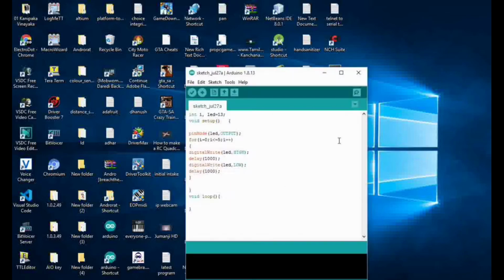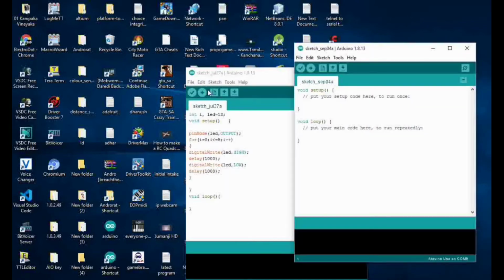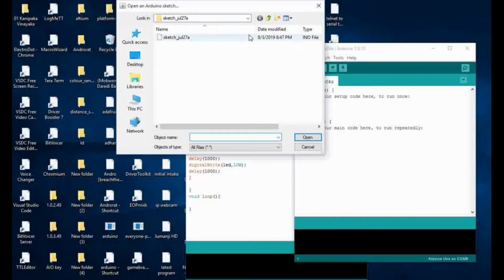Open Arduino IDE, and if you want to create a new file, click File and select New. And if you want to open your existing files, click File and click Open. Then your existing files will appear.